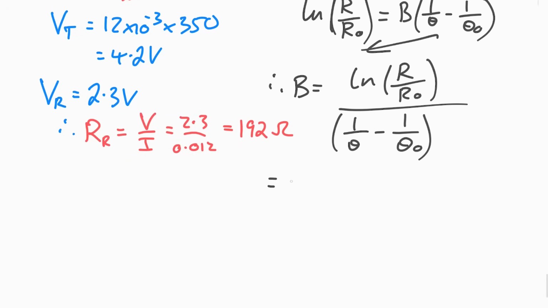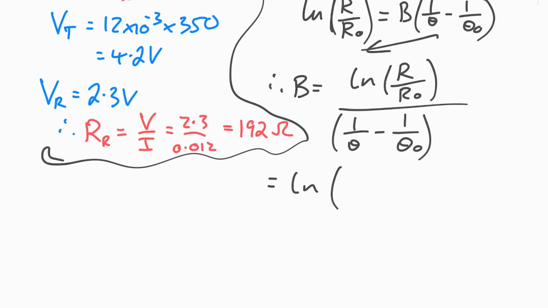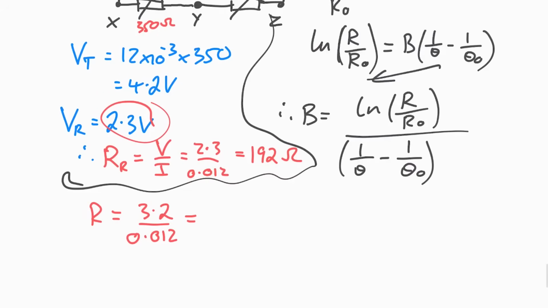So that's equal to log of, what was the new resistance? Oh no, we're going to have to calculate it. Oh, that's okay. That's fine. So the new resistance of the thermistor is going to be 3.2 volts divided by, again, 0.012. Fine. Okay, so that gives us a resistance of the thermistor at